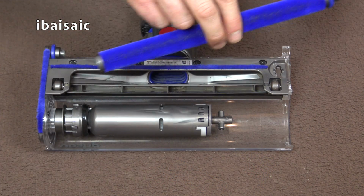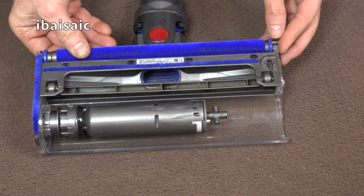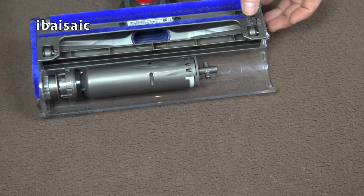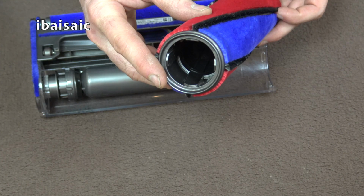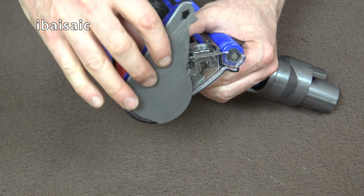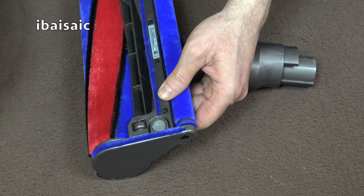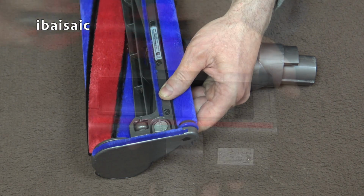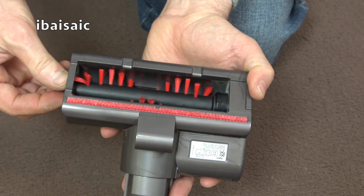To reassemble the fluffy head, first insert the small roller at the back. Just push it onto the spindle at this side. And then ensure that this piece here is seated. Then slide on the large fluffy roller. It'll only go in one way. Slide it on this way first. Put on the end cap like this. And then push it closed, and then finally lock it in position with this one takes the 5p piece, and that's done. And last but not least, reassemble the mini motorized tool by putting in the brush roll,